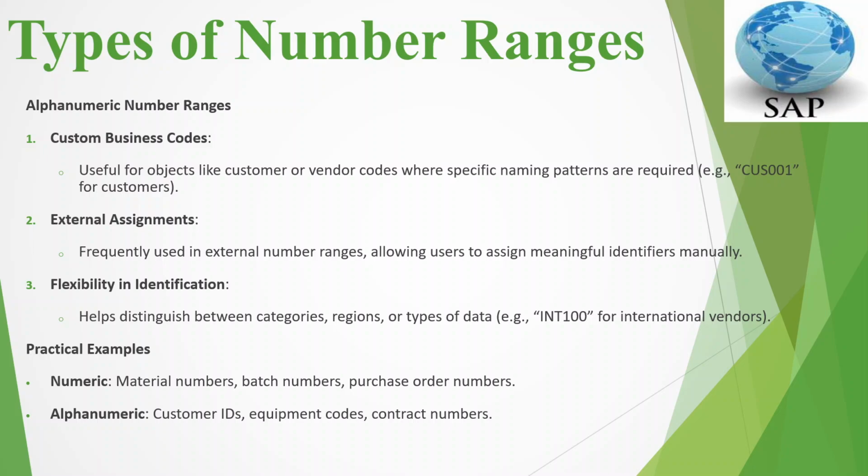For numeric, that will be used in case of material numbers, batch numbers, purchase order numbers, and so on. Alphanumeric will be customer IDs, equipment codes, contact numbers, and there can be so on. It is again, as I said, purely driven by the business requirement. Moving next,